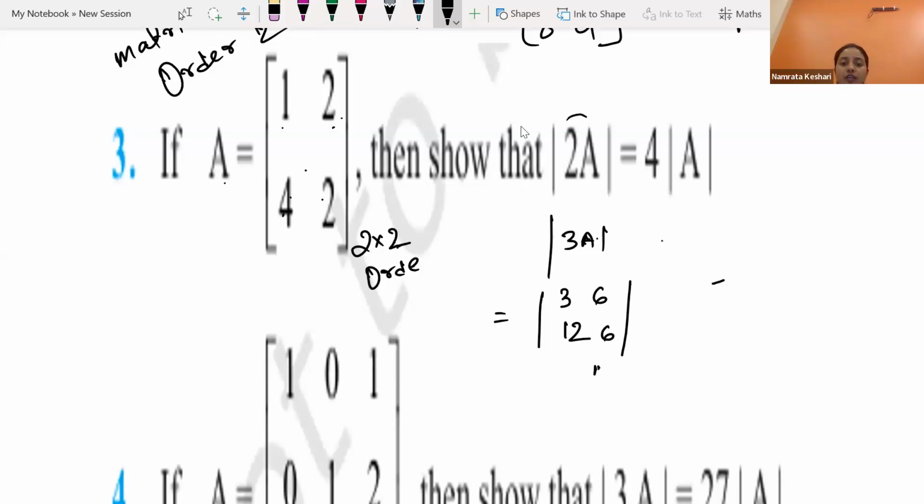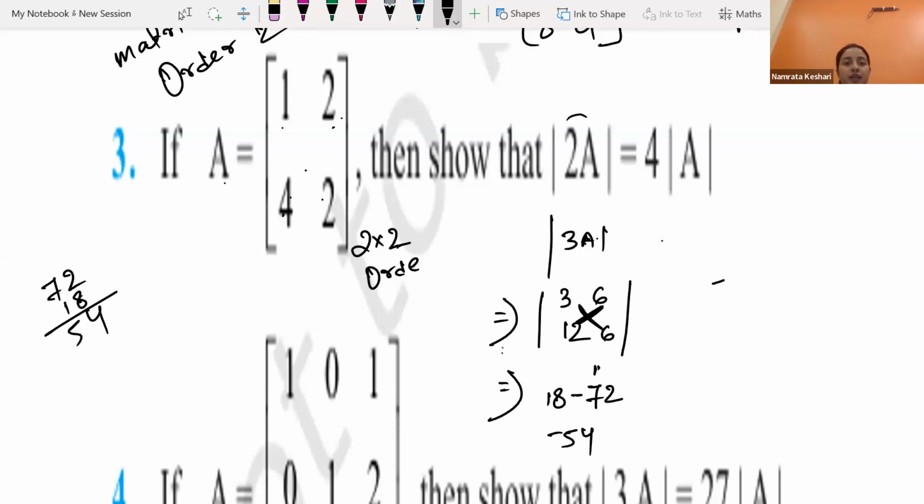Yeah. Okay, if we will find the determinant, it will be 3 times 6 is 18, and 12 times 6 is 72, 18 minus 72, negative 54. Right, Kiran? Yeah. And I am telling you that there is a property